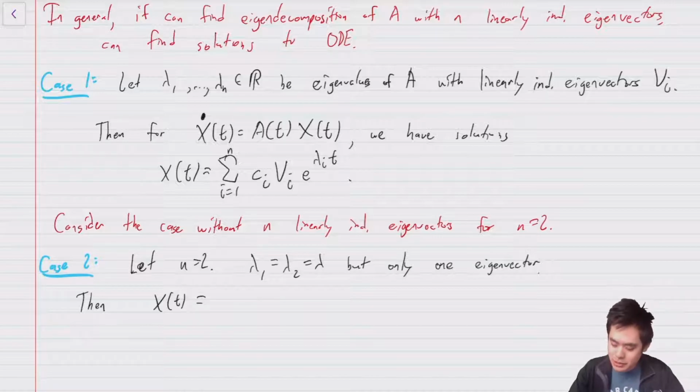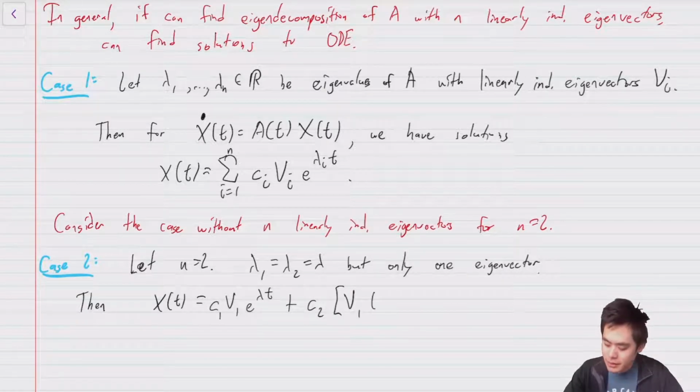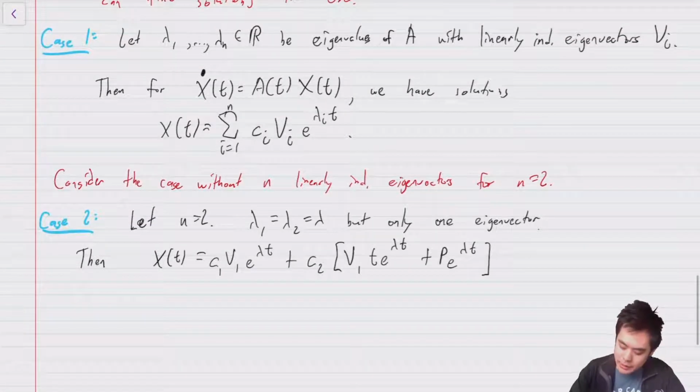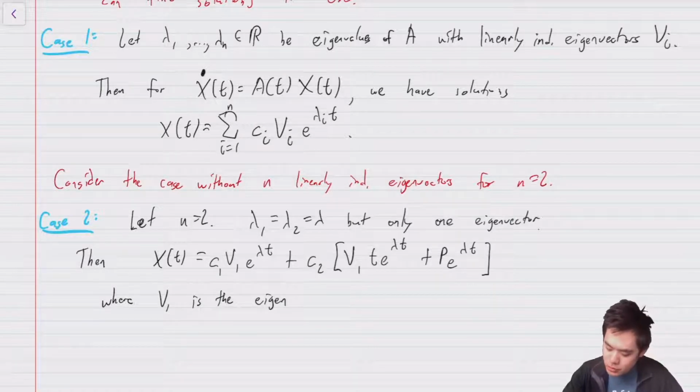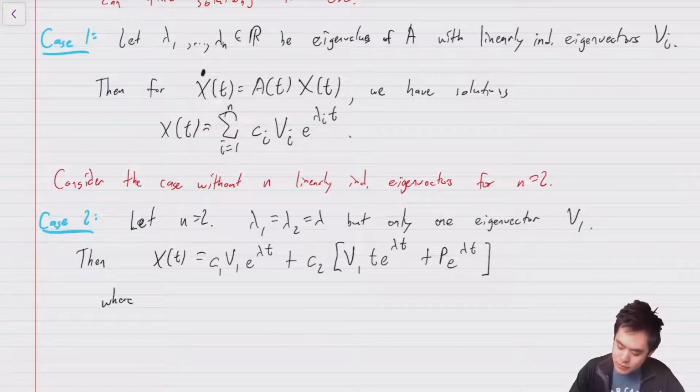Writing this out explicitly is a little bit difficult, but first we have the easy solution, c1 v1 e to the lambda t. Plus, we also have c2 times, and this is the slightly more complicated part, v1 t e to the lambda t plus p e to the lambda t, where v1 is the eigenvector. Actually, let me just write this with only one eigenvector, v1. So that's there, where p is a generalized eigenvector,